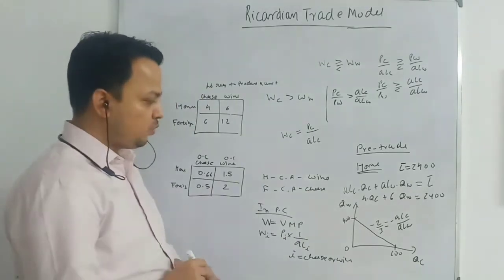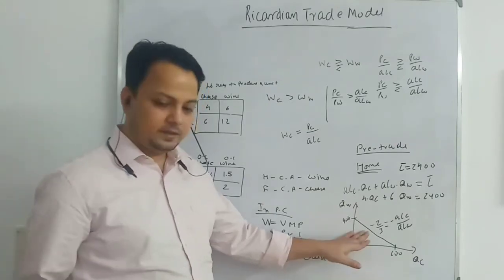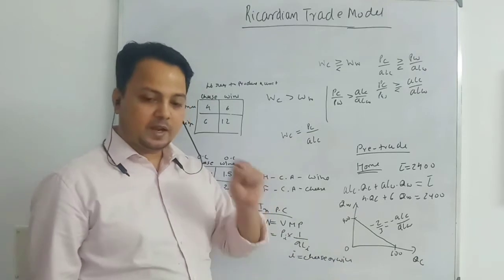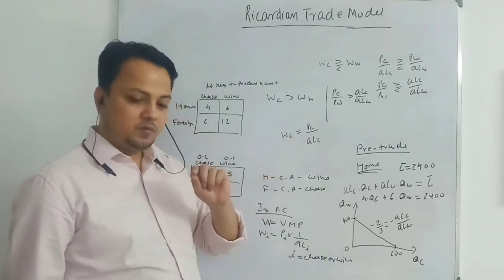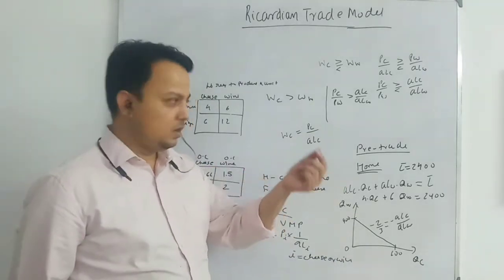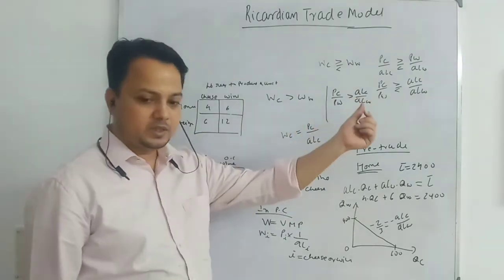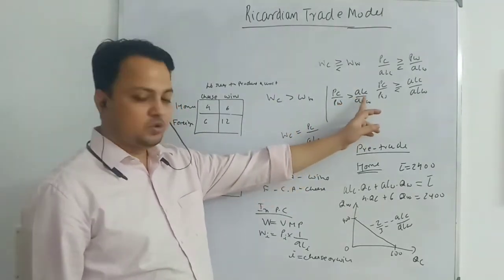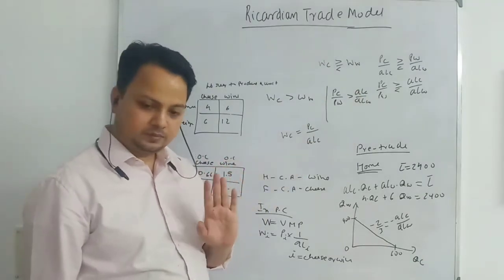What is the production possibility frontier showing? Read the notes properly. It is showing what an economy can produce, what it actually produces. We will know where workers are moving. How will we know that workers are moving to the cheese sector? When the relative price of cheese is more than the opportunity cost of producing cheese. Clear?